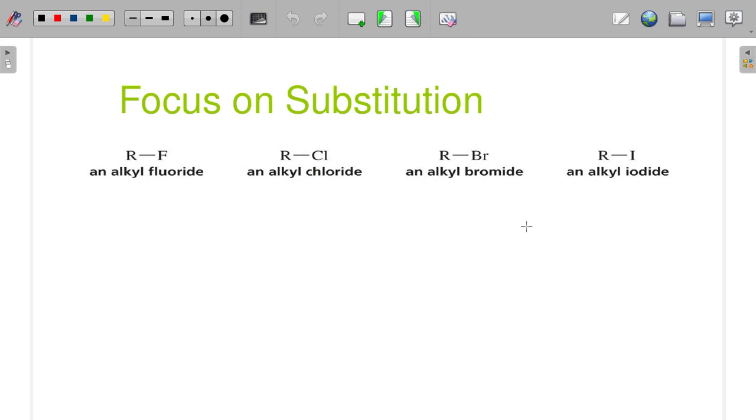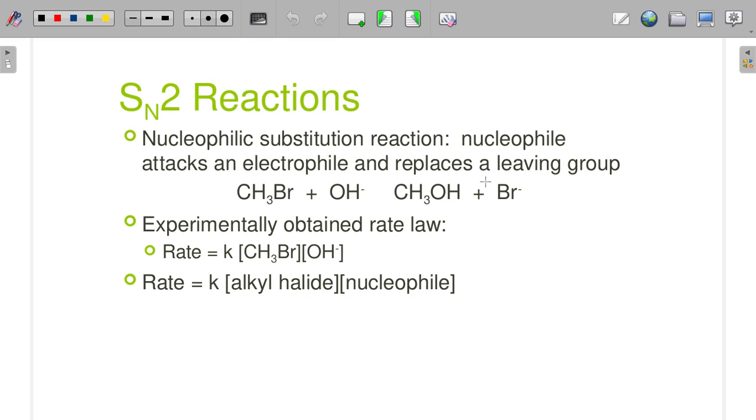Now, we're going to start with substitution at first. Our focus on substitution is going to be just on these guys right here, our alkyl halides, and more importantly, these two. And we'll see why those two are a little bit more prominently featured here in just a second. All right, so our first type of reaction we're going to look at, first type of substitution, is called